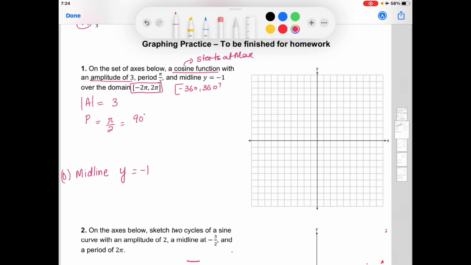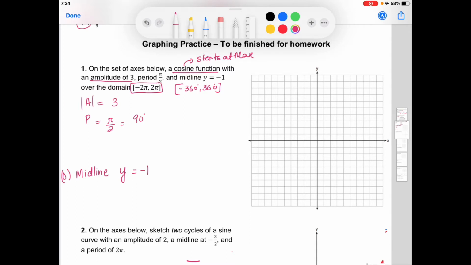A few radians you should know by heart, like pi is 180, 2 pi is 360, pi over 2 is 90, and 3 pi over 2 is 270. So it will be easier every time, otherwise you're doing the conversions. If you are confused, just multiply by 180 over pi, or substitute pi with 180,